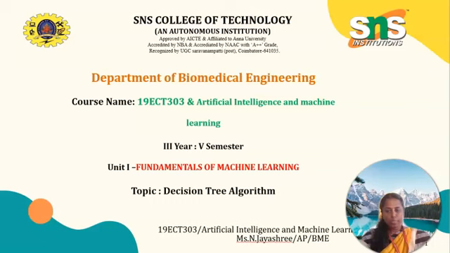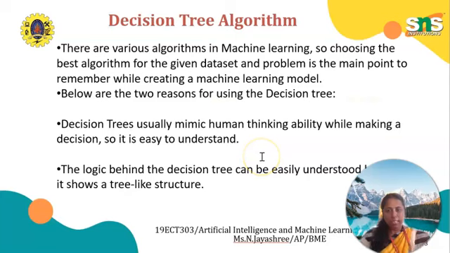I'm going to take this part of the machine learning algorithms. We have seen the linear regression algorithm, logistic regression algorithm, and types of logistic regression algorithm. Now we are going to see the decision tree algorithm. So what do you mean by decision tree? Decision is very important in life, right? Similarly, decision tree algorithm is very important in machine learning. Let us see in detail.